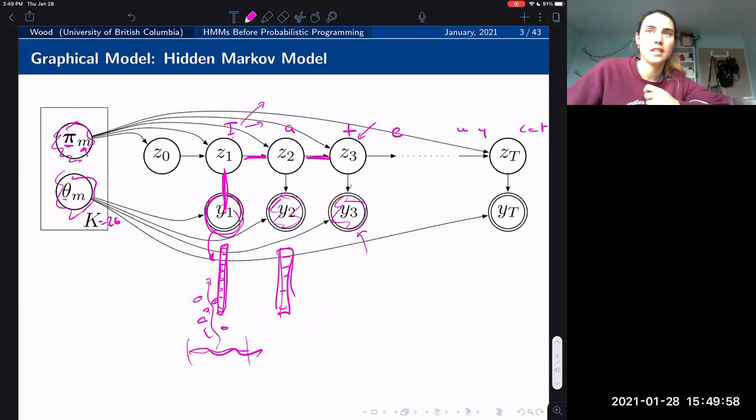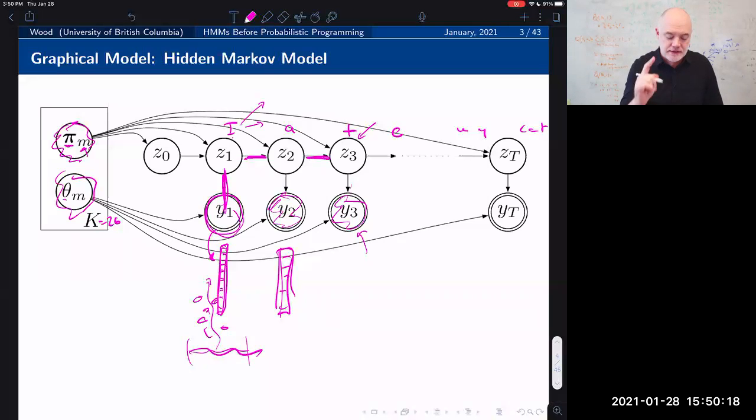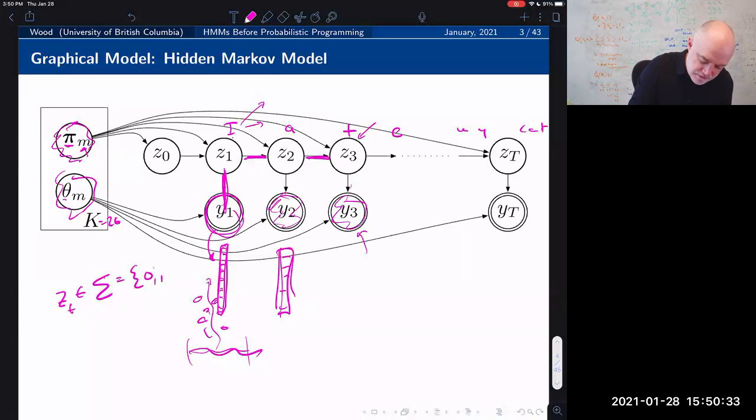Great, ask away. It's a notation question primarily. It is the same question I asked last lecture. So is K related to T at all? Because you say K is 26, I'm assuming that's because there are 26 letters in the alphabet, and so that's the number of random variables, or not the number of random variables, that's the space in which Z_T lives, some vocabulary. So you might as well get used to seeing sigma as a vocabulary. We'll say that sigma is some integer-indexable set,